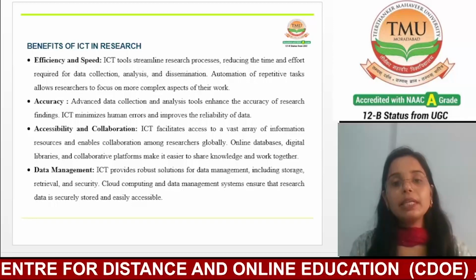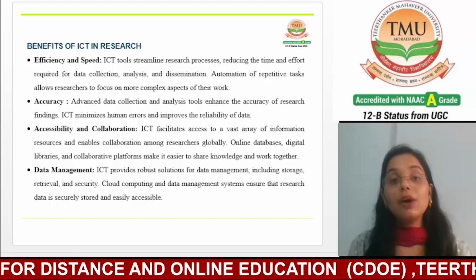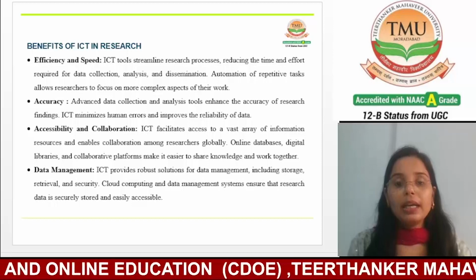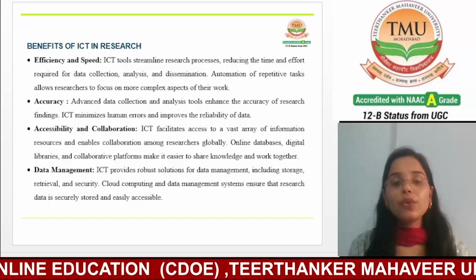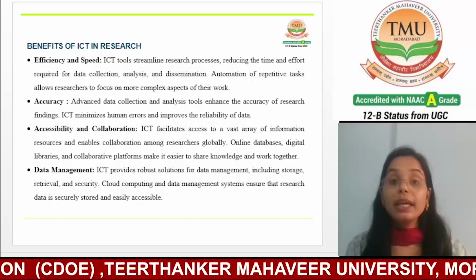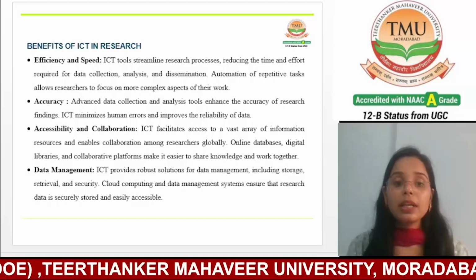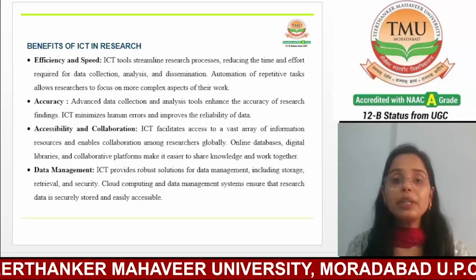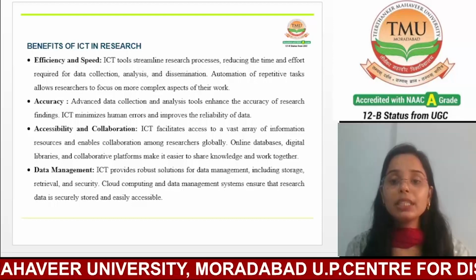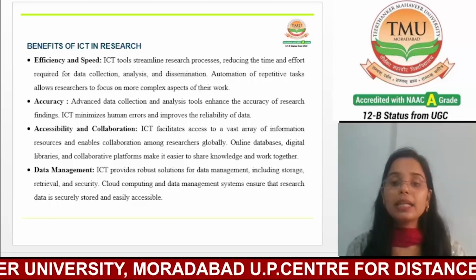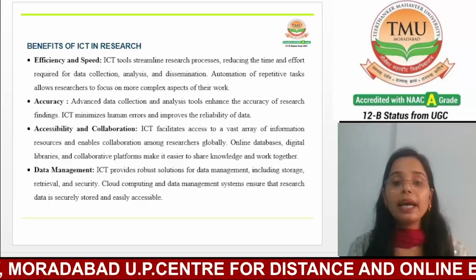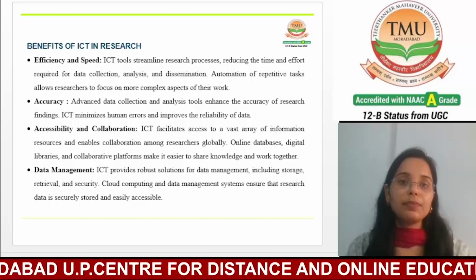After accessibility and collaboration, the next one is data management. ICT provides robust solutions for data management, including storage, retrieval, and security. Cloud computing and data management systems ensure that research data is securely stored and easily accessible.